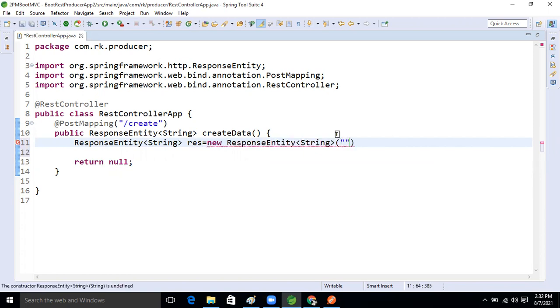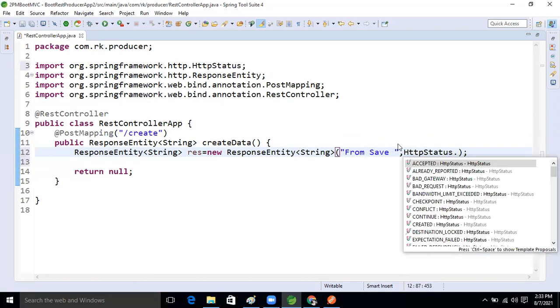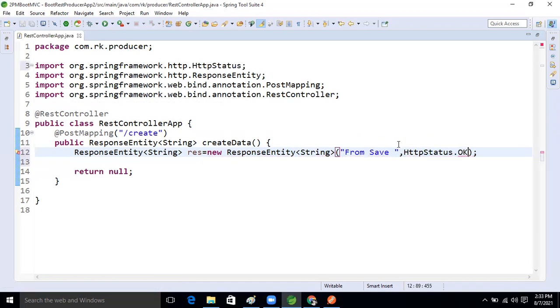Inside that, body section, right? Body text, I'm writing from the save data, right? Next one is status code, right? So HttpStatus 200 success message, right? And now I'm returning this response here.